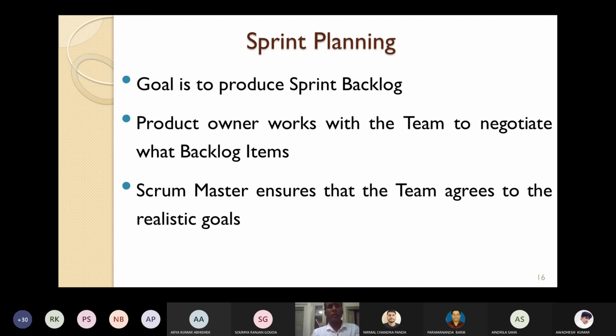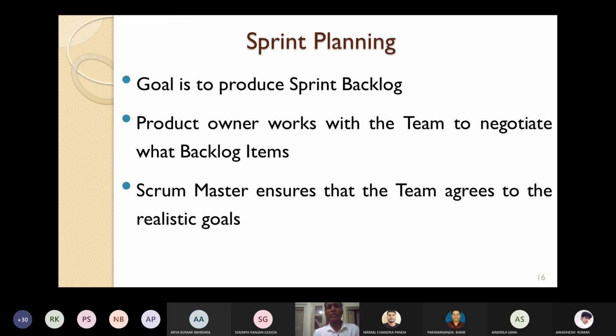In sprint planning, the product owner works with the Scrum team to negotiate what backlog items they will consider for this particular sprint.